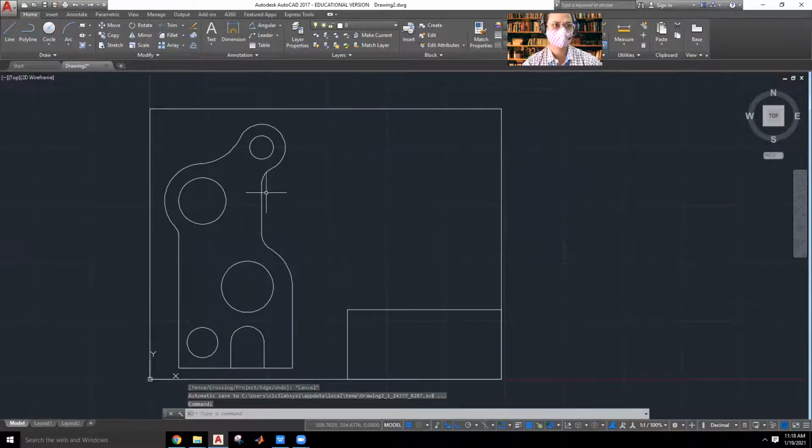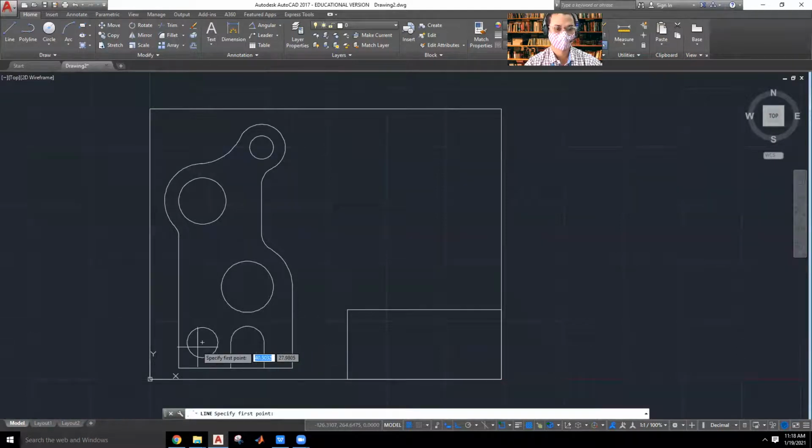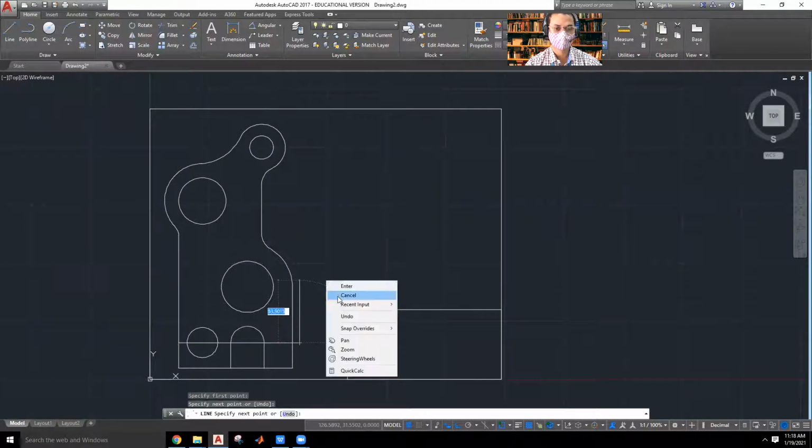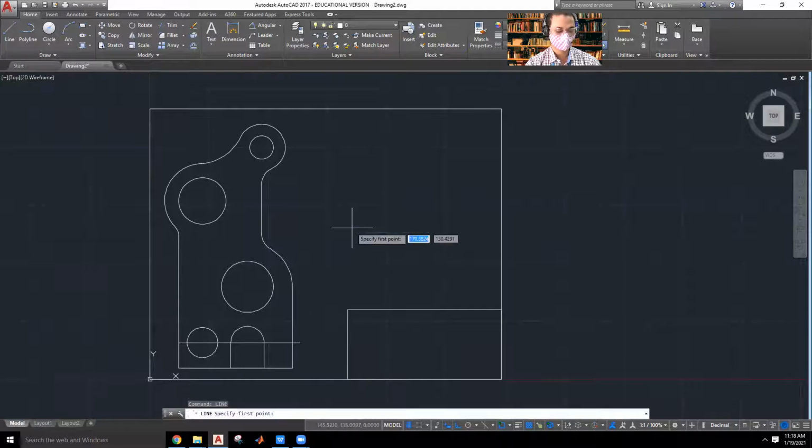So I need to draw the other lines. So I'll be drawing those lines again, because this is not a continuous line. So till here I have one line. I'll take a little bit out as per the figure. Right click, repeat line, and I have one more line from here.